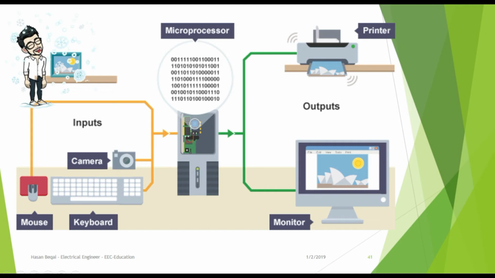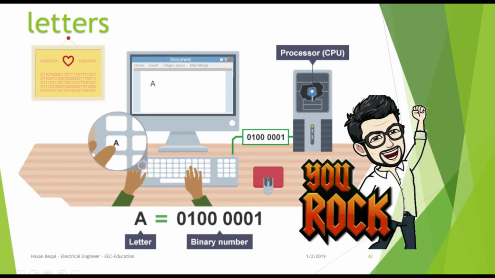But still, how does the computer distinguish between a letter or an image? Knowing that the CPU understands only ones and zeros, then you can represent any word or a paragraph as a sequence of numbers. And as we saw, these numbers can be stored as on or off electrical signals. Every word you see in every web page or in your phone is represented using a system like that.